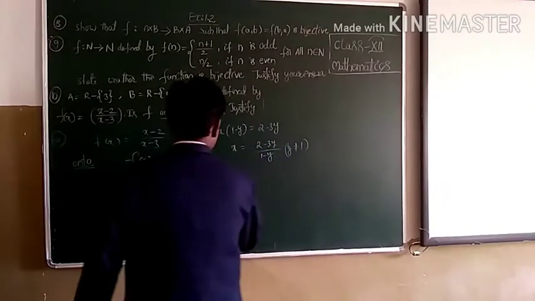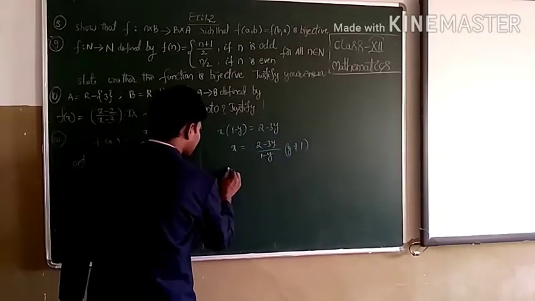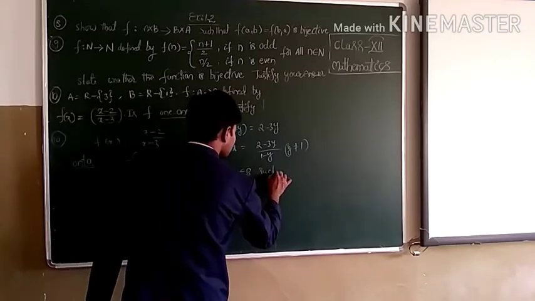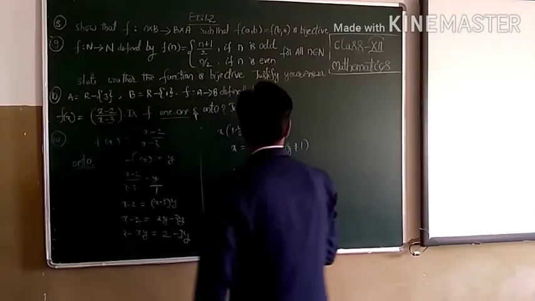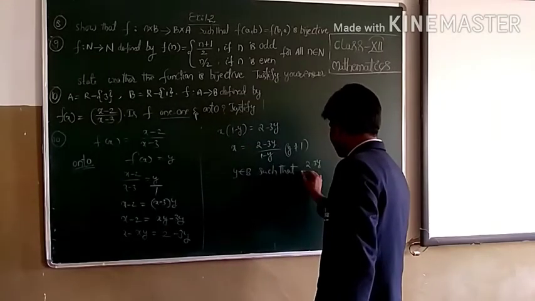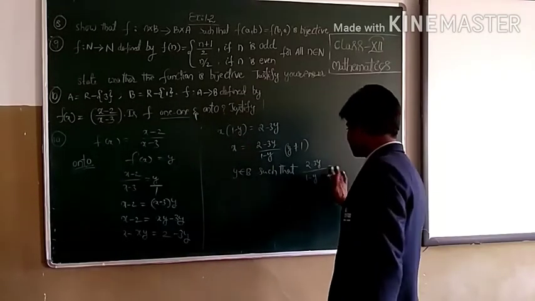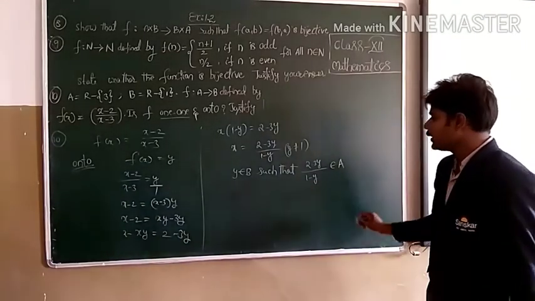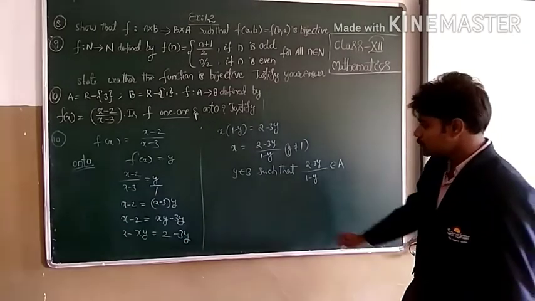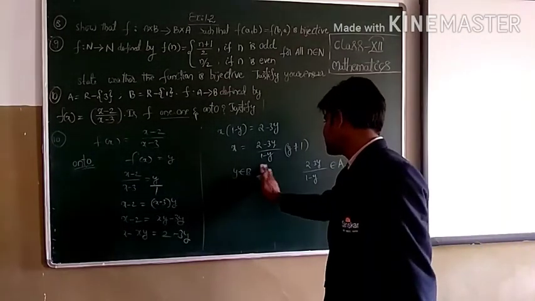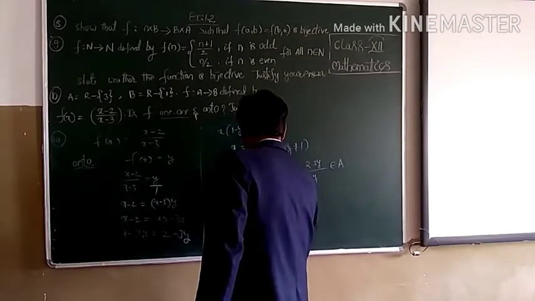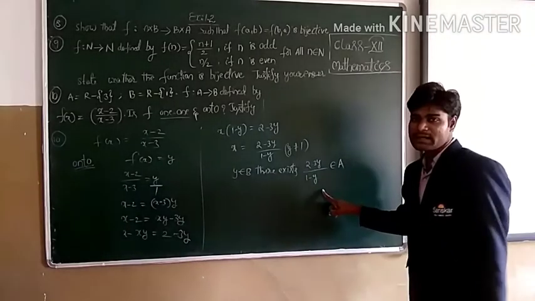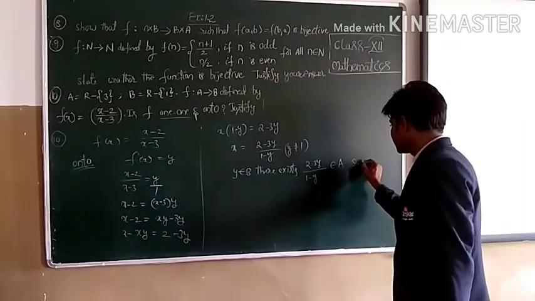Now there exists one element y belongs to b such that 2 minus 3y by 1 minus y belongs to a. It belongs to a such that, so y belongs to b, there exists 2 minus 3y by 1 minus y belongs to a such that